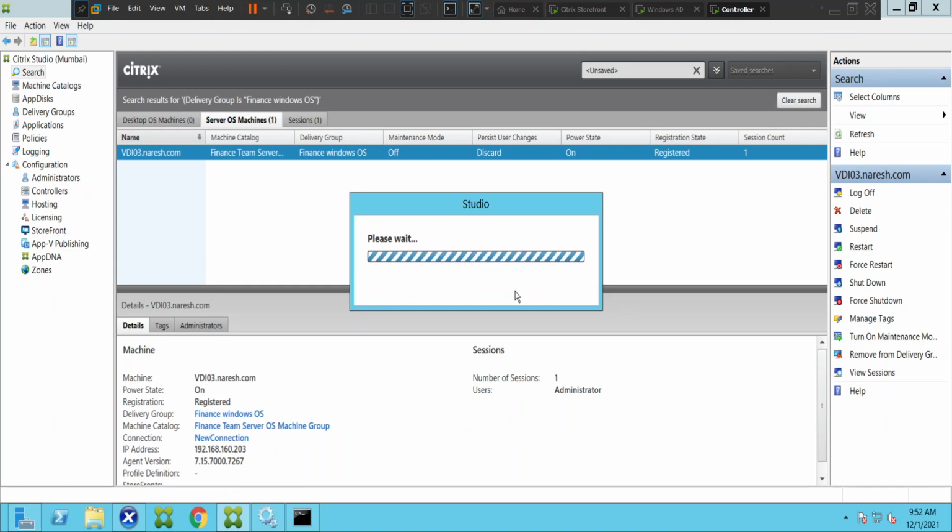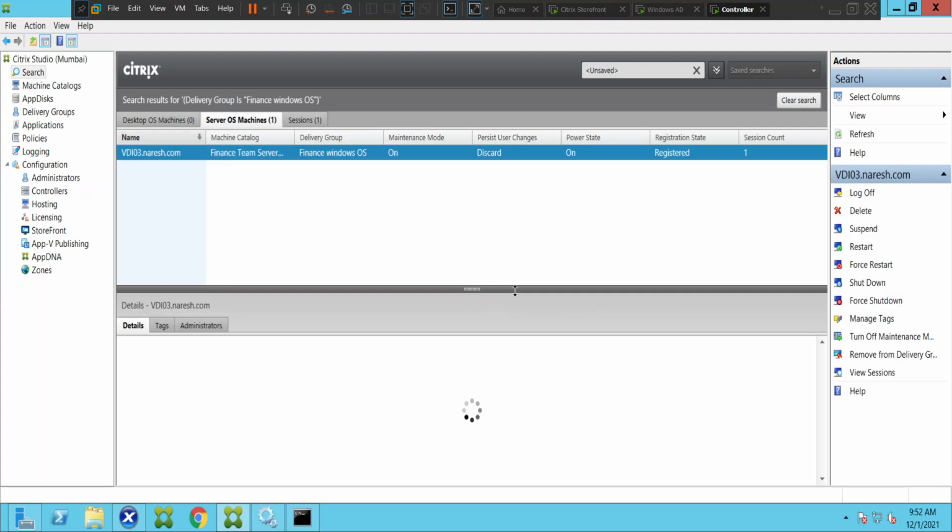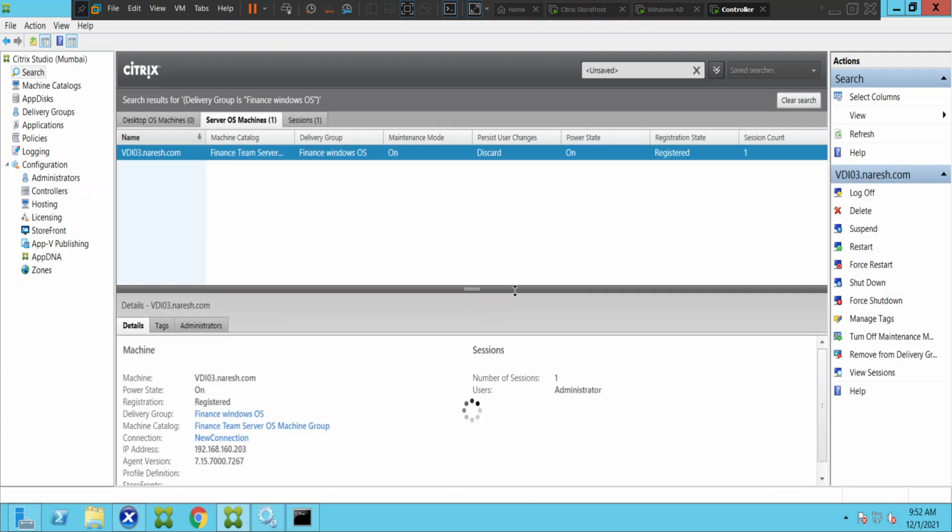Once the machine goes under maintenance mode, Citrix administrators or system administrators can log into this machine and troubleshoot the issue, like if some service is down, or if some application is not launching, or if there is an issue with the application itself on the server. You can check the performance of the server, like the CPU utilization and memory utilization. You can check the event viewer to find out some important details. All these things you can check once the machine is under maintenance.